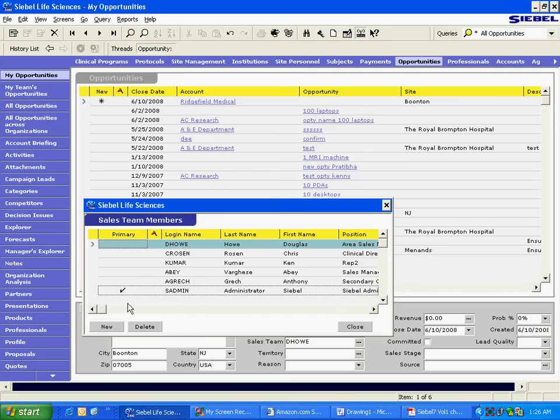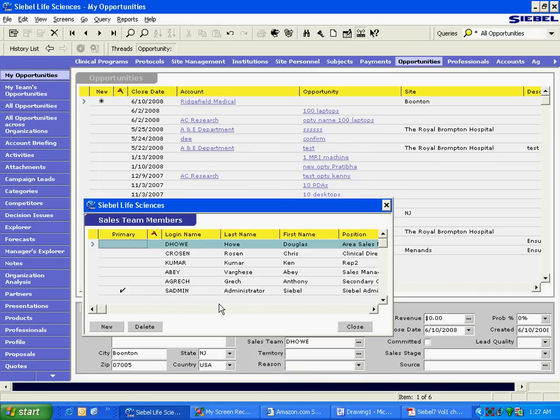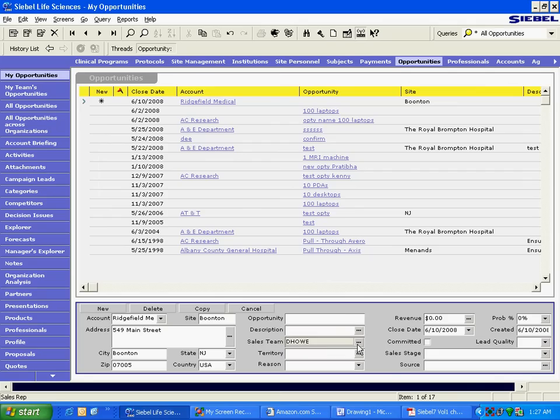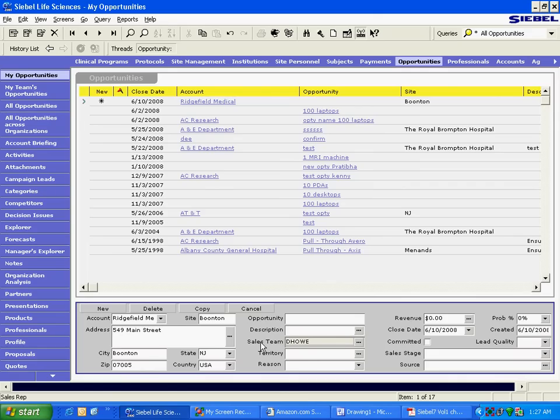You are not choosing the primary among these to show, to assign to that account. These are all people who are assigned to that account, and this is an MVG. So it's better to leave the sales team empty. It's a very important part of the training, that we tell the reps, hey, these 6 people are the ones who are assigned. So don't just look at this thing. Whenever you see this button, you need to open it and see who all is assigned to this account.